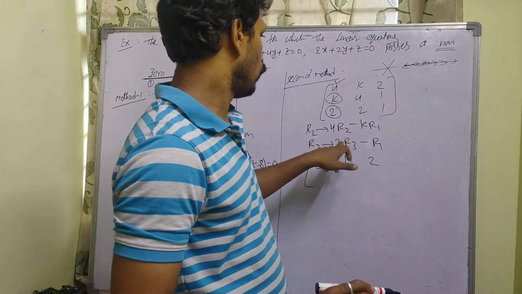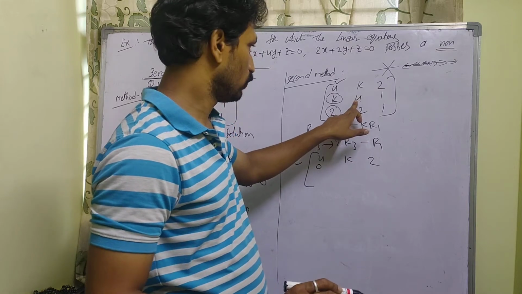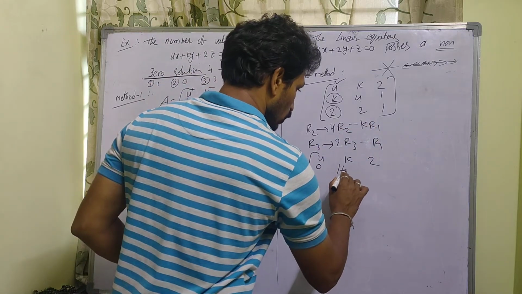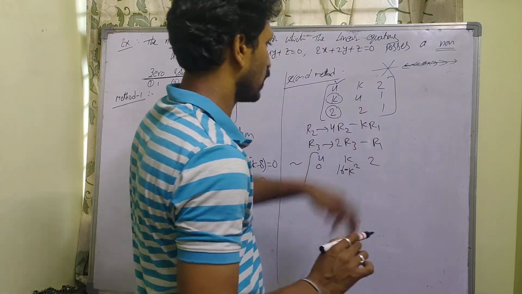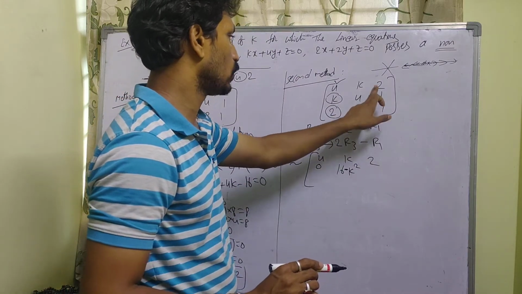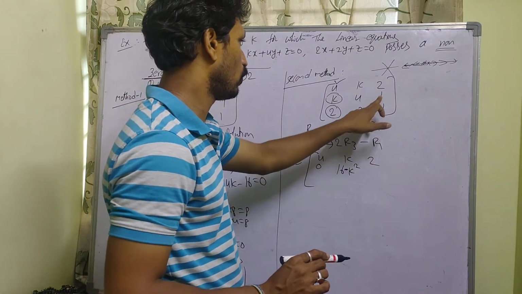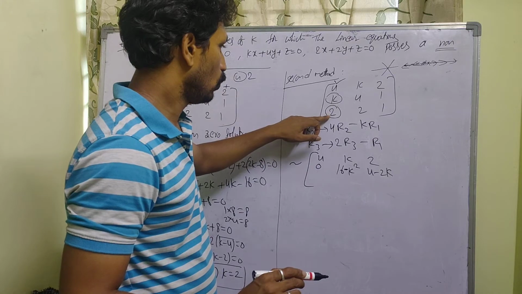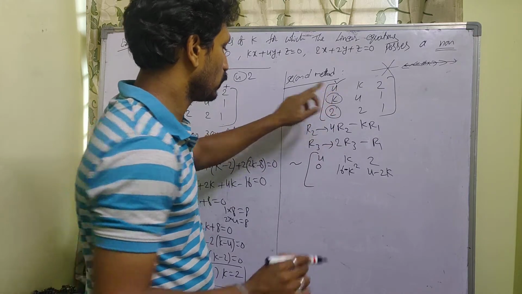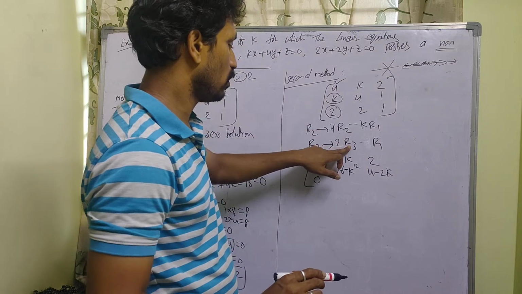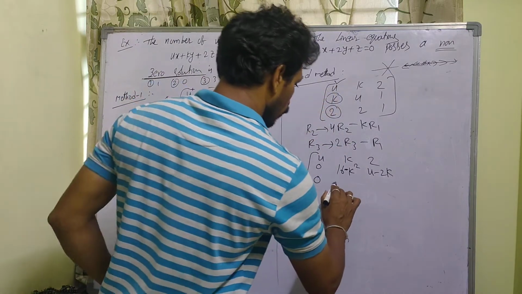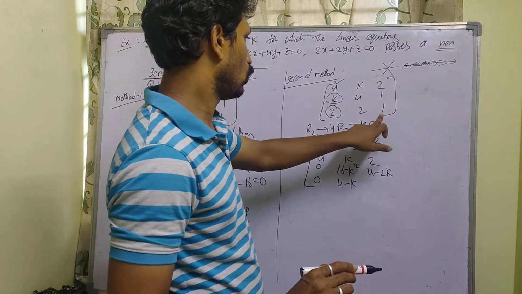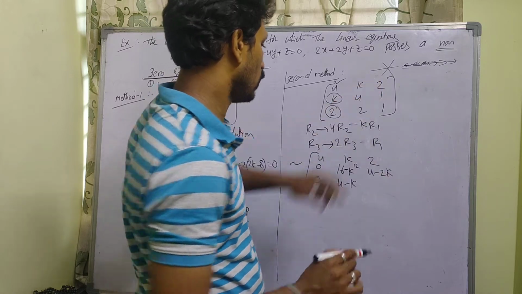Next one is 4 4s are 16, substitute here 4 in the place of R2. 4 4s are 16 minus k square, because k into k square. Next one is 4 minus 2k: 4 1 into 4 is 4, 4 minus 2k. Next R3, 2 2s are 4, 4 minus 4 is 0. Next, 2 substitute here, 2 2s are 4, 4 minus k. Next one, what is here? 2 into 1 is 2 minus R1, that is 2 minus 2, 0.